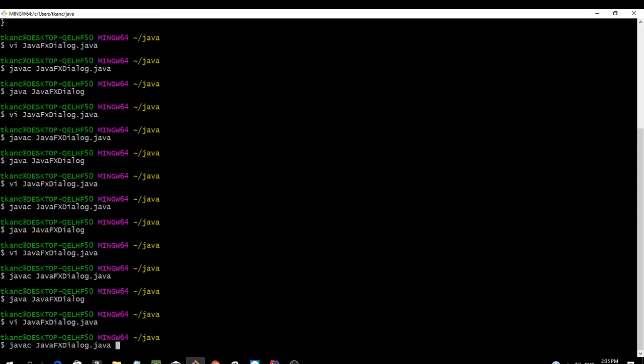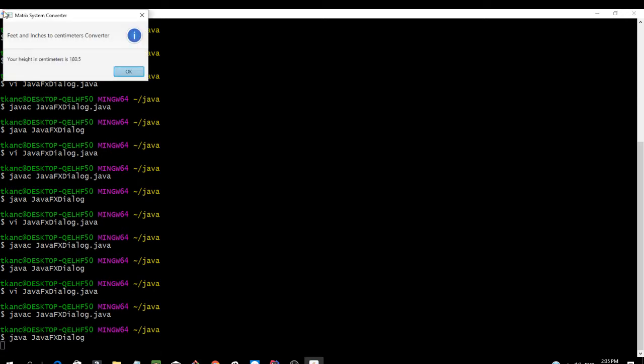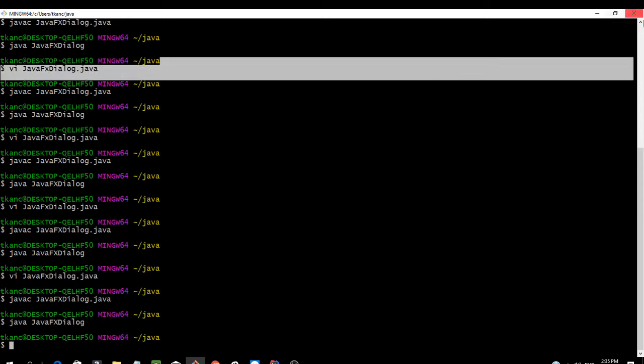So we're going to recompile this and rerun this. So we move it to the top left corner, right? So that's how you move the location of the dialog. So now if I wanted to go to the top right corner,